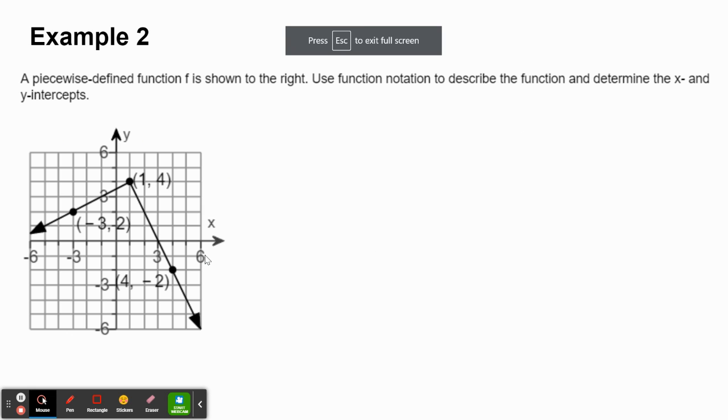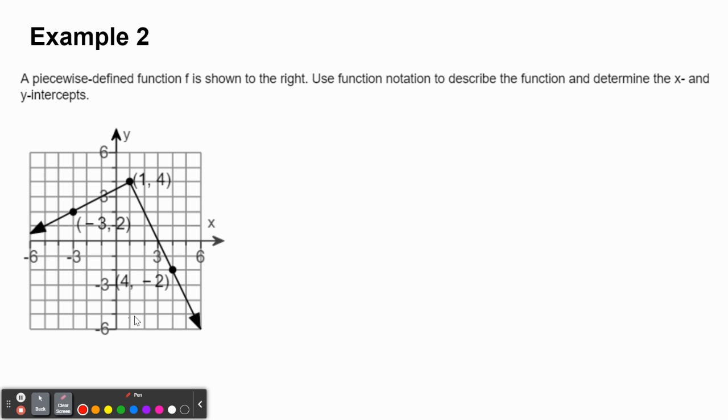Okay, algebra video 2 on piecewise functions. Example 2, it says a piecewise function f is shown to the right. It's to the left, actually. Use function notation to describe the function and determine the x and y intercepts. Okay, so to do this,